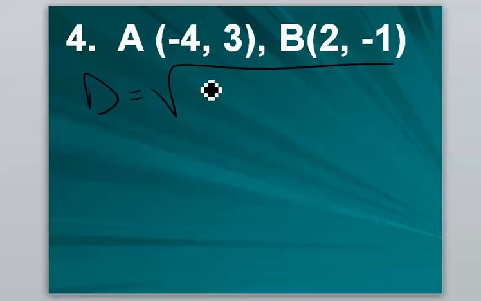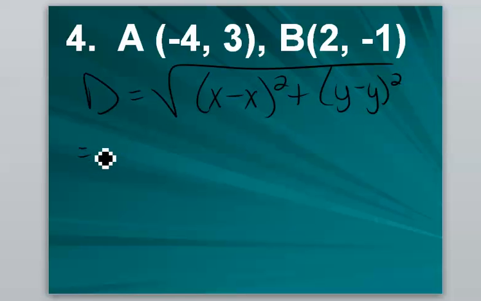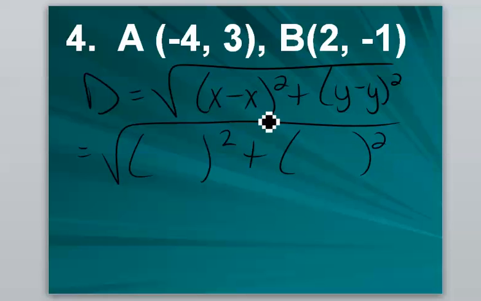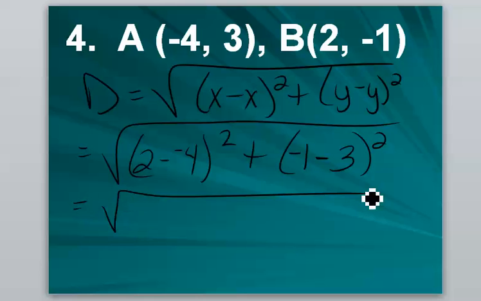We want the distance between the point -4, 3 and 2, -1. So again, big square root. Make sure you don't lose the big square root as you work through the problem. We're going to plug in our x's. I'm going to do 2 minus, that's in the formula, the other x value, -4. Since we started with the 2 on the x's, we have to start with its partner y, -1, minus in the formula, positive 3. This 2 minus -4 turns into plus a positive, so we have 6 squared plus